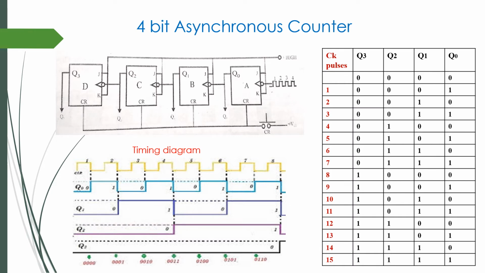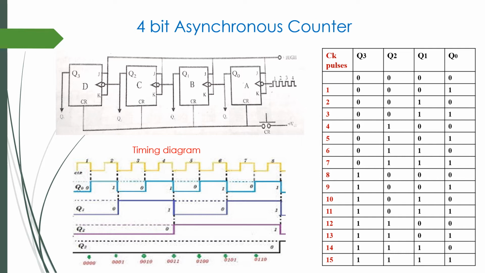Let us discuss the 4-bit binary counter. It can count input pulses in the form of a 4-bit binary number. It counts binary numbers from 0000 to 1111. The figure shows a 4-bit binary asynchronous counter which consists of 4 JK flip-flops A, B, C, D cascaded and connected in toggle condition.